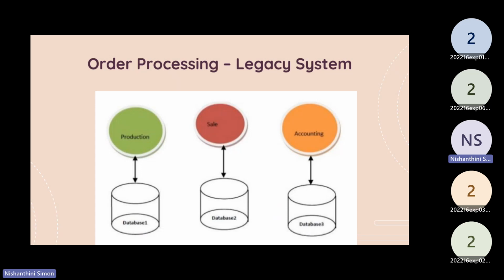So maybe once this order is generated, all the information goes to the sales division, and in their system, they are saving the different data and keeping it. Now, in order to check the credit, that information can't be sent through a direct system, because our system is limited only to the sales division. So maybe through an email or some other manual way, they share the information with the accounting division,